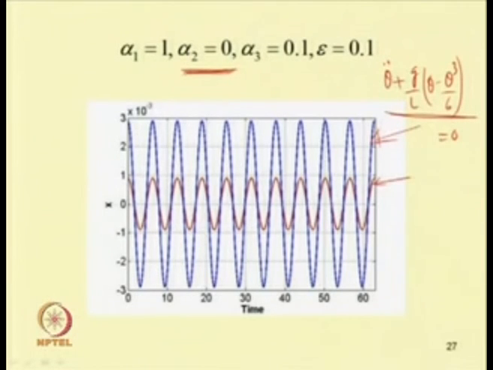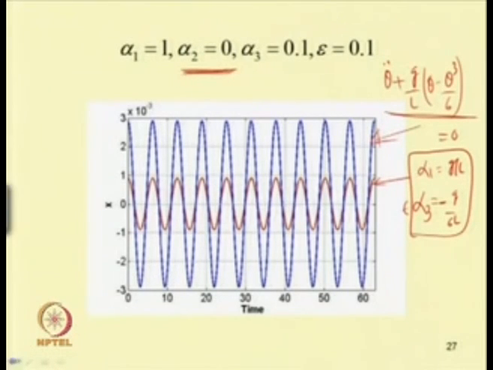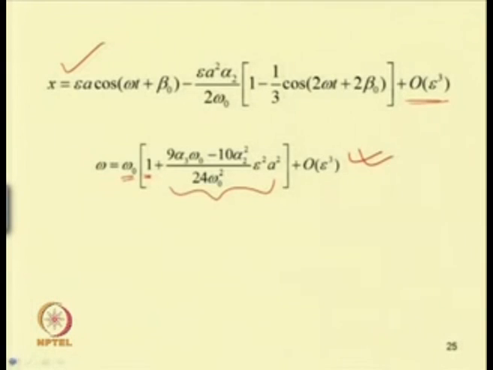So, if one takes this g by L equal to 1, then the corresponding coefficient in this case is alpha 3. So, here alpha 1 equal to g by L, and alpha 3 equal to minus g by 6 L. By taking an epsilon term, epsilon alpha 3 equal to minus g by 6 L. So, by substituting this in this frequency equation, one can find this frequency, and also one can find this x.